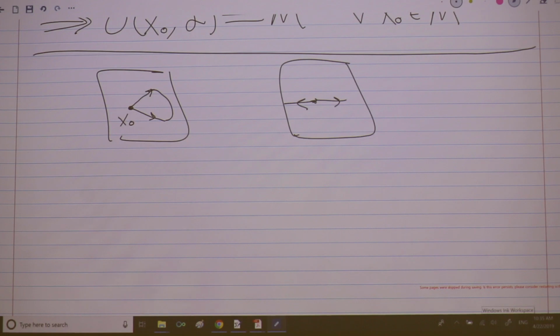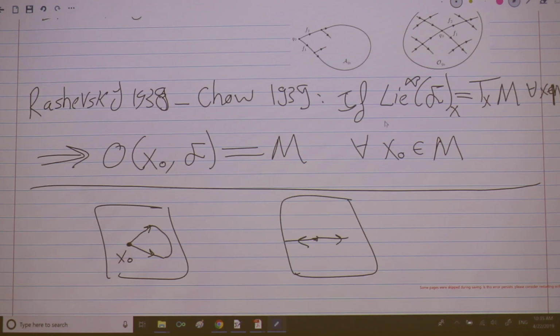So what's the definition? Let's look at these two pictures. What we're trying to say is that if the Lie bracket covers the entire tangent space, my orbit will cover the manifold. So if my reachable set is the same as the orbit, my system would have been controllable, right? But it's not, so I cannot say that it's controllable. Well, what property does it have? If the orbit covers the entire manifold, my reachable set will look like something like that, right? So they will cover the entire manifold in a biased manner. I can go to some sectors, but not the reverse, okay?